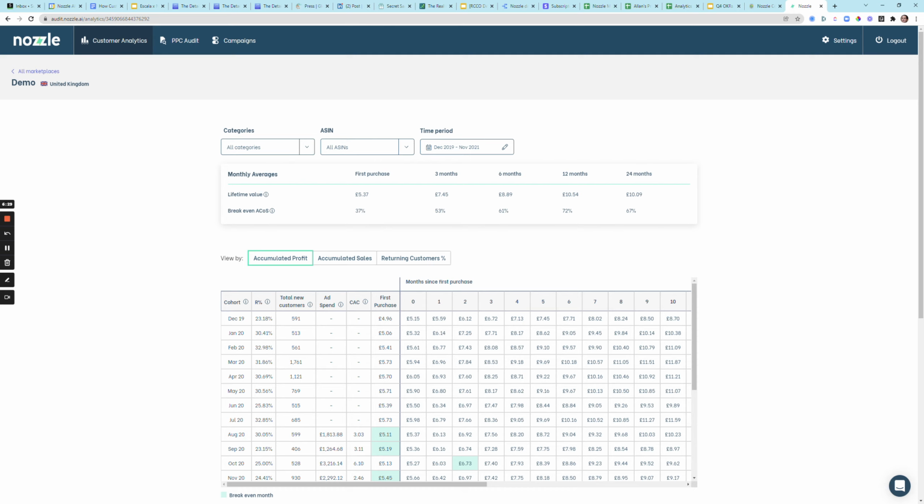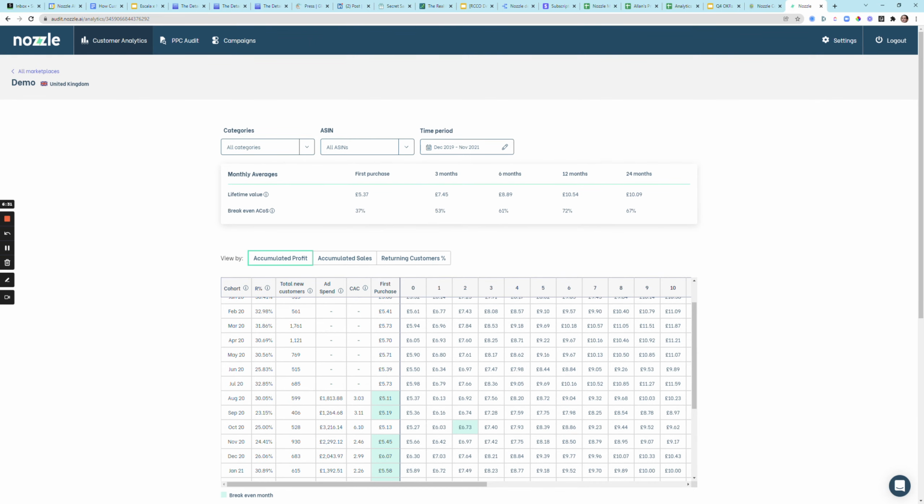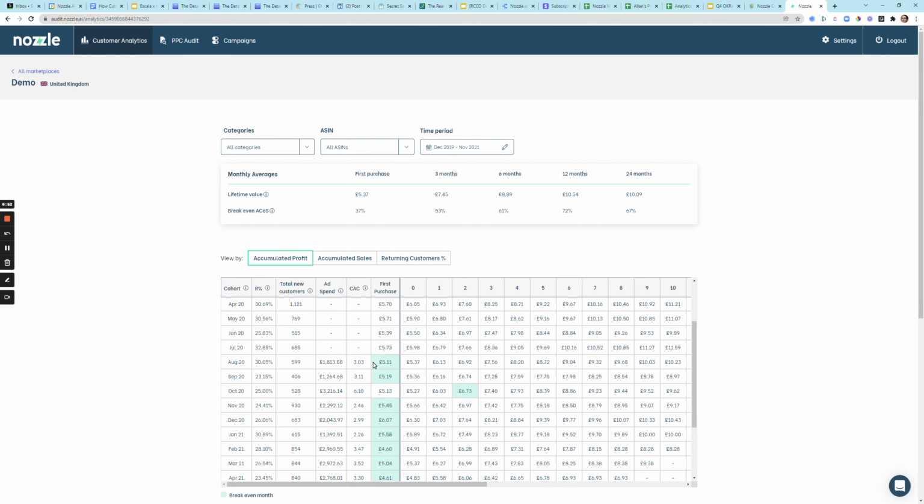So effectively, I've paid £3.03 to acquire somebody in August 2020. And you can see how that varies over time. You clearly want to be comparing this customer acquisition cost to the customer lifetime value or the customer profit per customer. And so, for instance, what we're doing here for each of these cohorts is showing you the evolution of